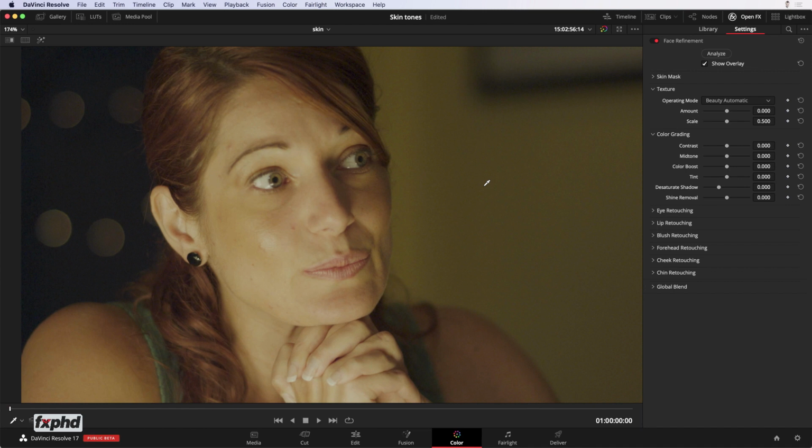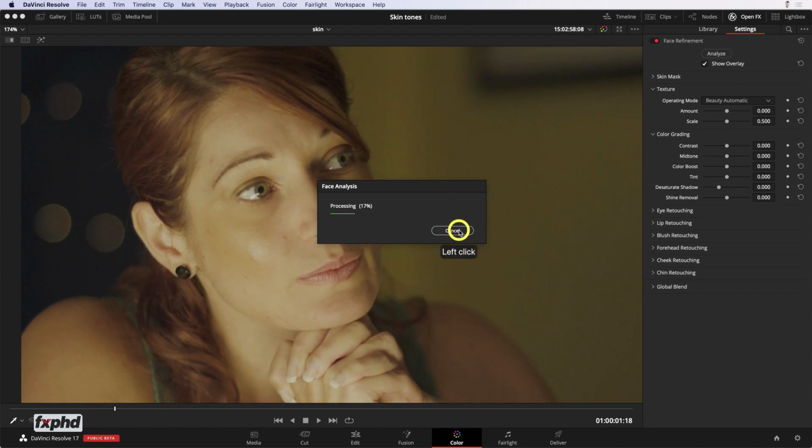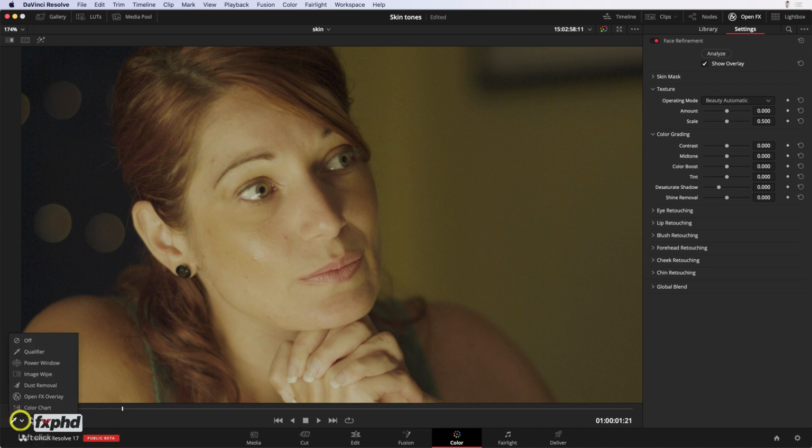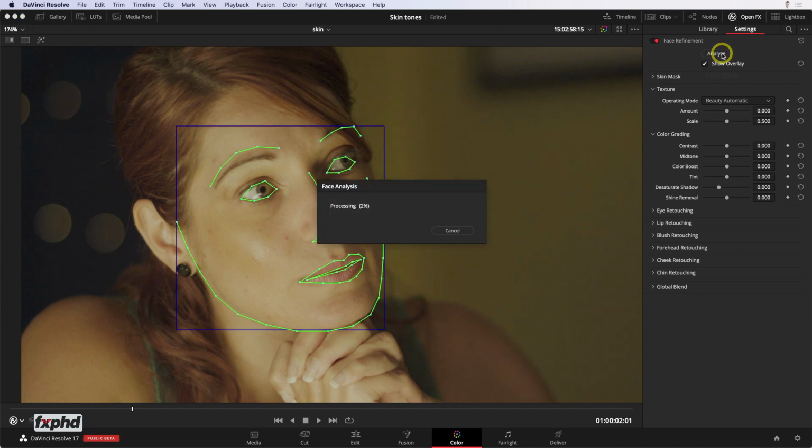Now, when you analyze, it will automatically find her features. What I'm going to do is just stop that. And I'm just going to turn this on here. Open OFX overlay so you can see what's going on. Like that.